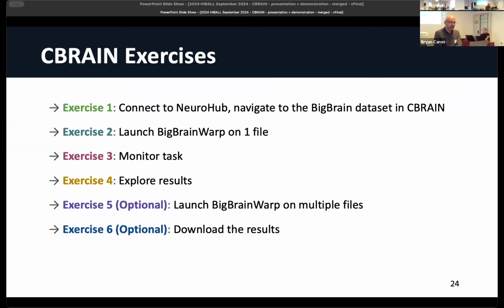We're going to go through 4 different things, really just getting set up and connected in. You're going to use a tool called BigBrain Workshop, which is really just an example. The tool itself can do a lot of things, but in this case, we're going to use it just to show the workflow that you would go through of selecting data, processing it, and then seeing the output. And then you're going to watch and see how that status changes when you run the actual tests. And then you're going to look at some of the output, okay?